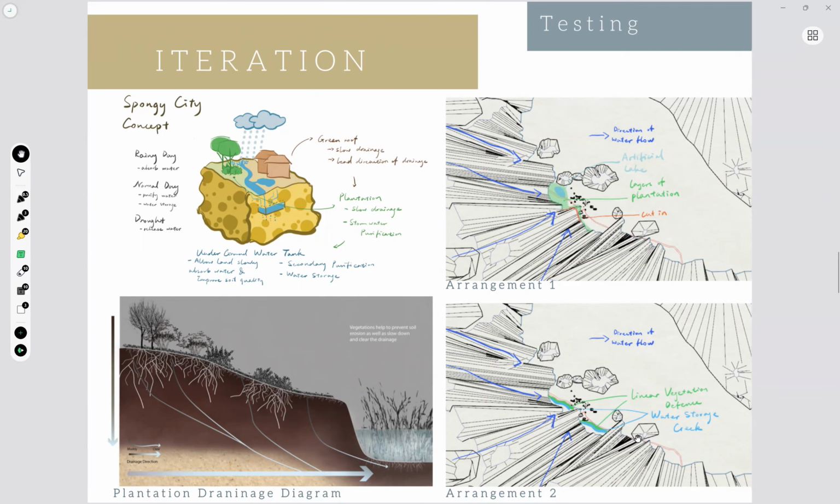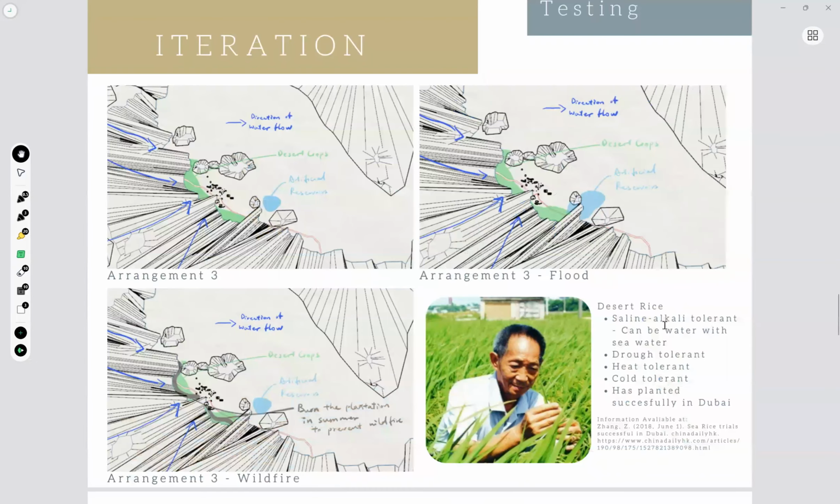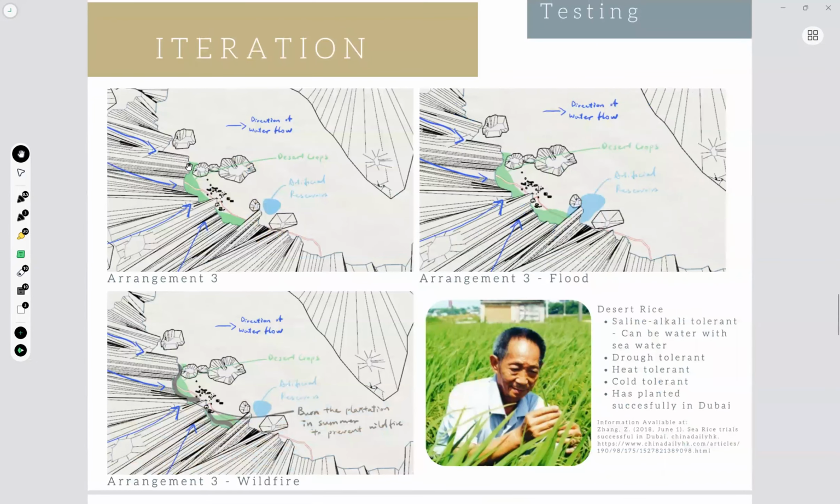It's better than the pond idea. However, consider the other situation we are facing, which is the wildfire in the drought season. This linear landscape structure could actually lead the wildfire directly into the community. So combining those two, and with the issue consideration, I came up with my third idea, which is to form a